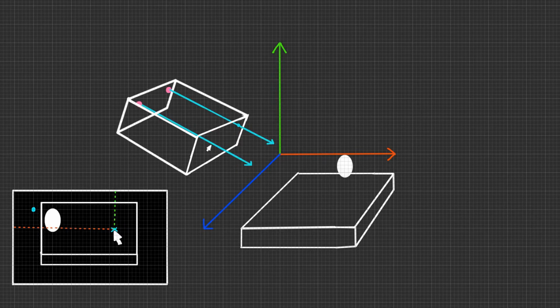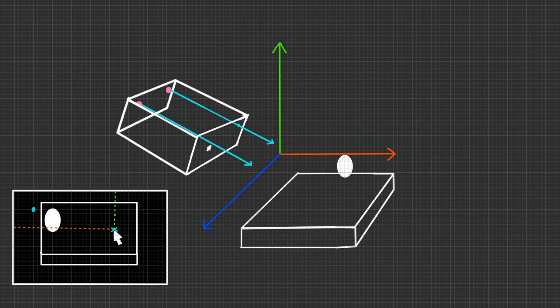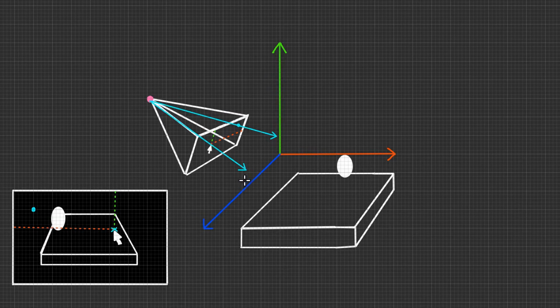And one of the reasons why the code I'm going to write in a moment here is more complicated than it needs to be just to find the camera origin is because that takes into account if you were using an orthogonal camera as well. But for now, we're just going to worry about the perspective camera because that's what our game is using so far anyway. Then, if we could take this vector and multiply it by a large number so that it extends